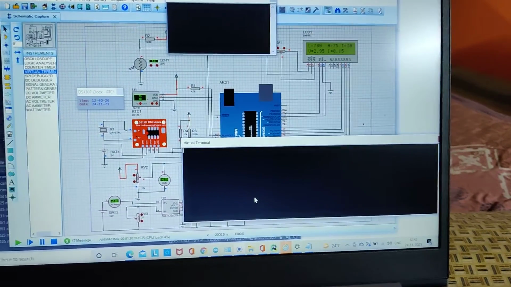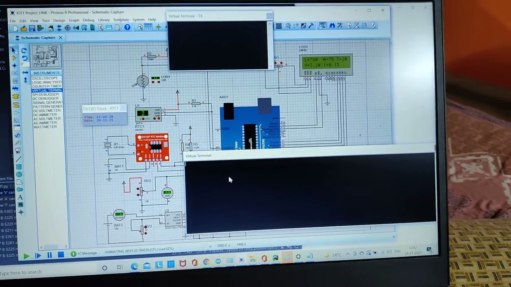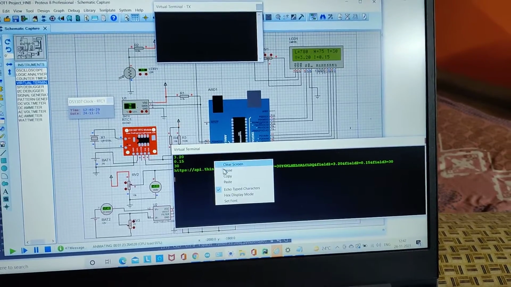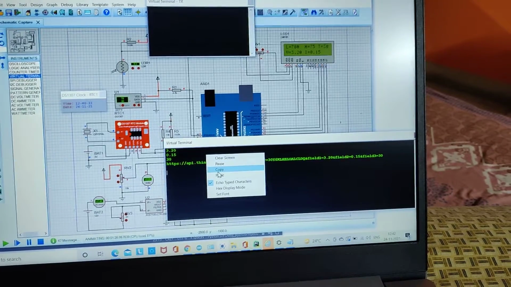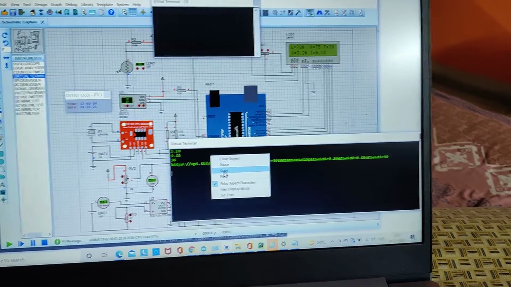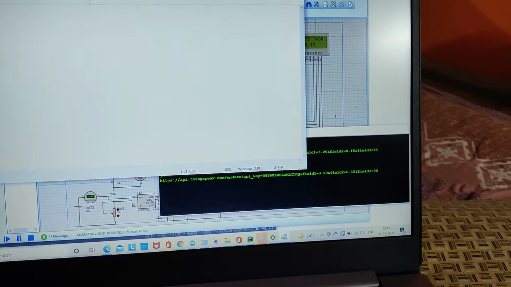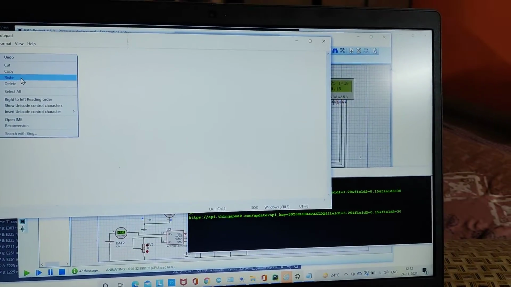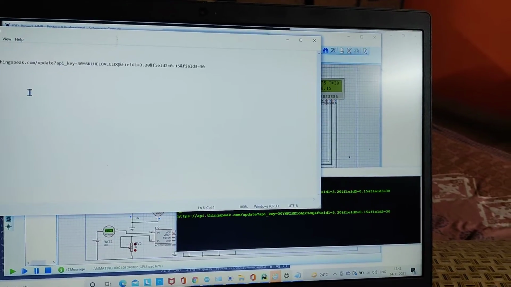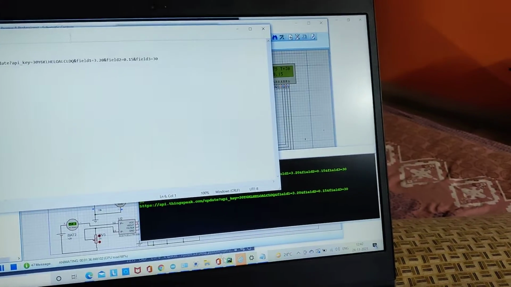Now to send data to the IoT, we don't have a physical connection because everything is simulated, so we are not doing anything wrong. You just need to copy whatever my Arduino Uno is generating. I am copying it over here and pasting it into a test text file which is inside the Python script folder. Then you just need to paste it there and save, Control S. Once you have saved it, you just need to run the Python script.